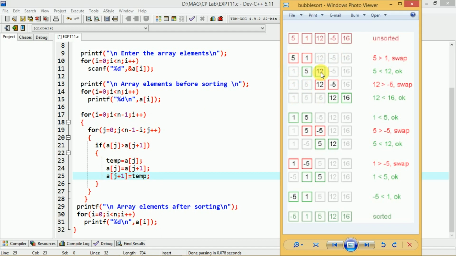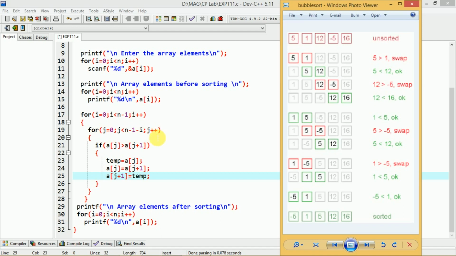2. Okay. So this condition is false, because here the 5 is not greater than 12. When this condition is false, it will not execute these lines. Remember this. These lines are executed only if this condition is true. As this condition is false, these lines will not be executed. Then what will it do? Instead of executing these lines, it will simply go back to this for loop, so as to increment the j value by 1.